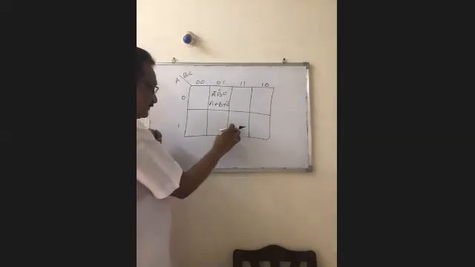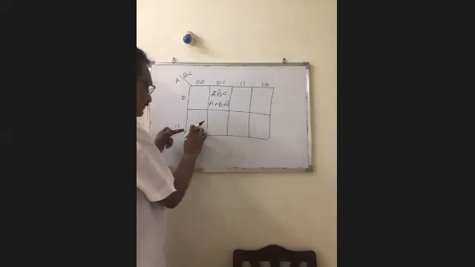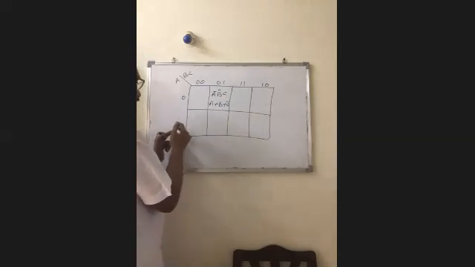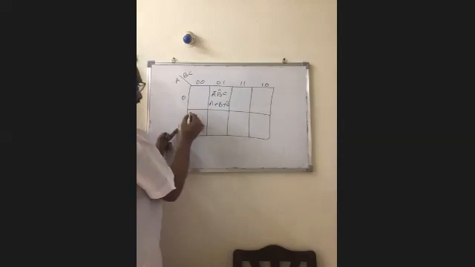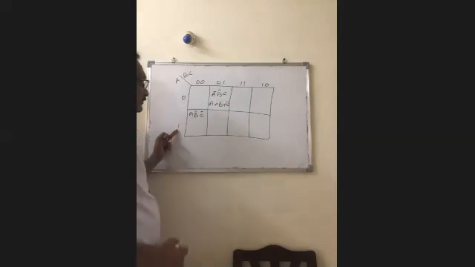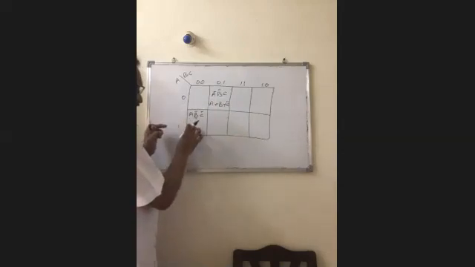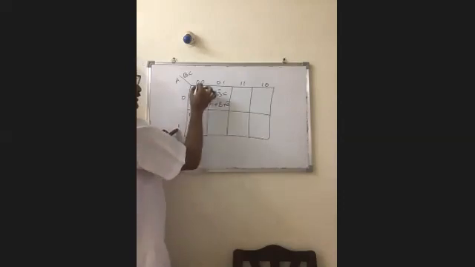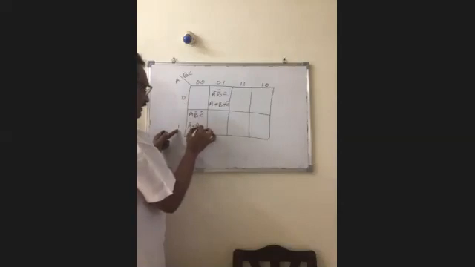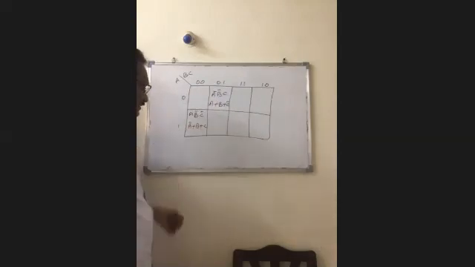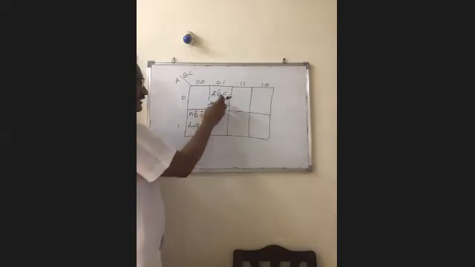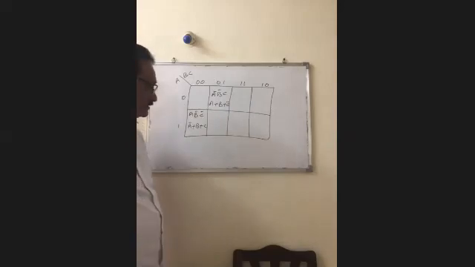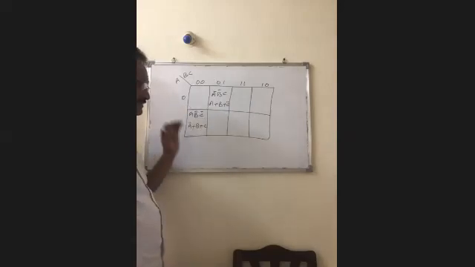For this cell, what is the corresponding min term? 1, A, 0, B bar, 0, C bar. What is the corresponding max term for this cell? 1, A bar, 0, B, 0, C. So A bar plus B plus C. And these are the corresponding min and max terms for this cell.